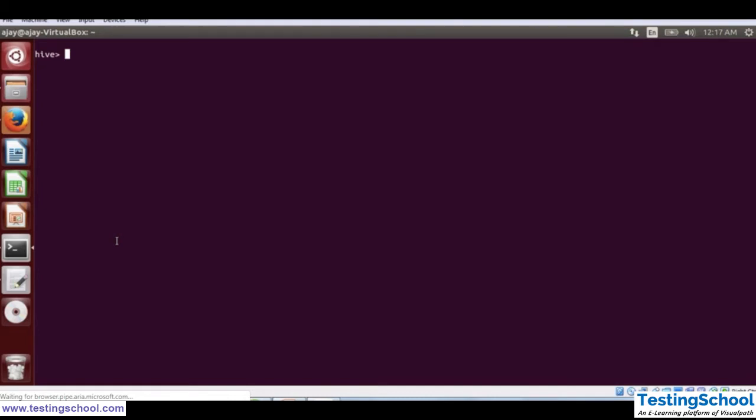So let's create a table with the name view table, and then I have three fields: ID as int, name as string, salary as int, and row format delimited fields terminated by tab.